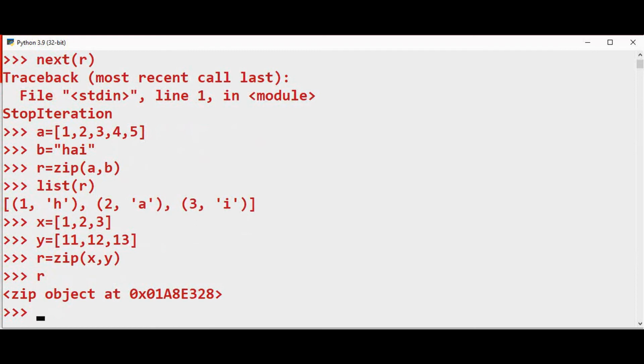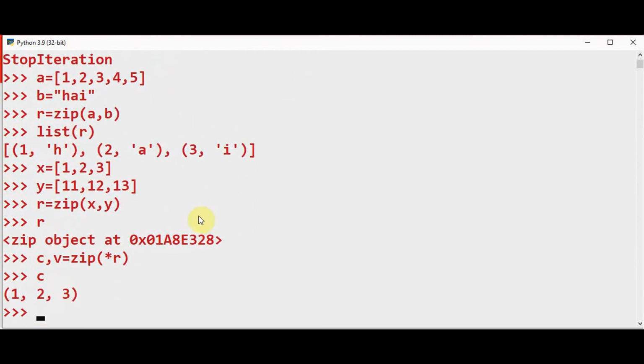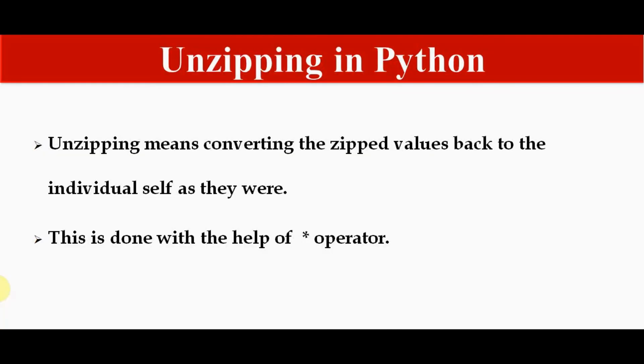Now we are going to unpack this zipped item into two variables, coordinates and values. c comma v is equal to calling the zip function and passing star R. Now if you access c, c will contain the elements which we have passed in x, so it contains 1, 2, 3, and v will contain 11, 12, 13. In this way you can unpack the zipped items into individual elements.